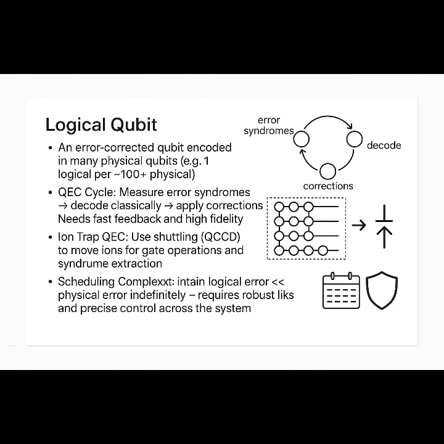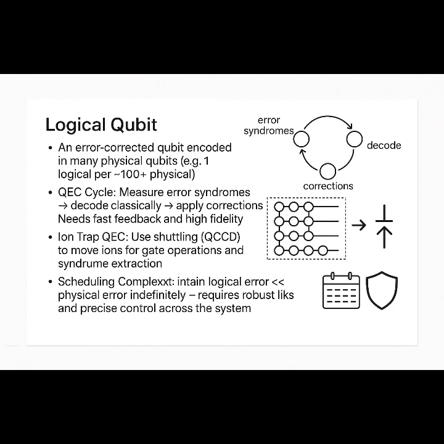This overhead can be somewhat improved by better codes. LDPC quantum codes, low-density parity check, are a newer class of codes that generalize the surface code concept and potentially allow fewer qubits per logical at the cost of more complex decoding. Interestingly, the Merope quantum architecture mentions LDPC syndrome extraction in the context of ion shuttling, suggesting they foresee using advanced QEC codes. Surface code itself is actually an LDPC code in a sense, but there are even more efficient ones under study. Researchers are actively trying to design codes that have higher thresholds or require less overhead, but all roads still demand